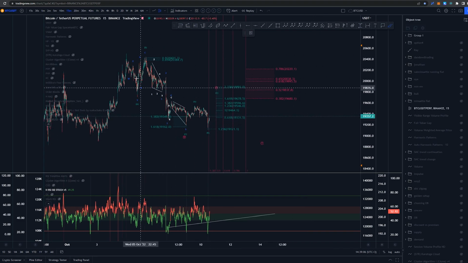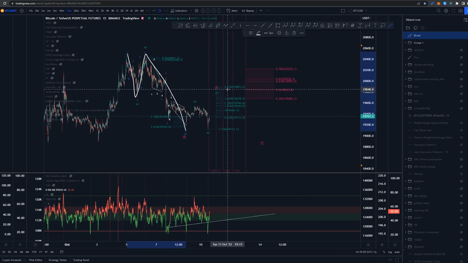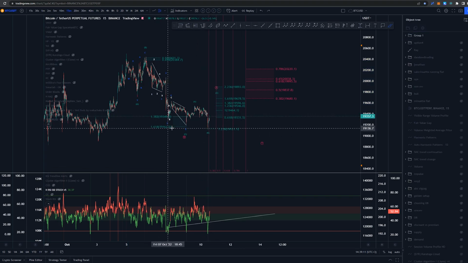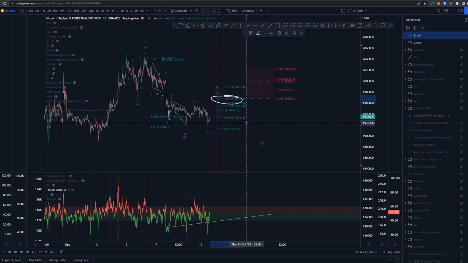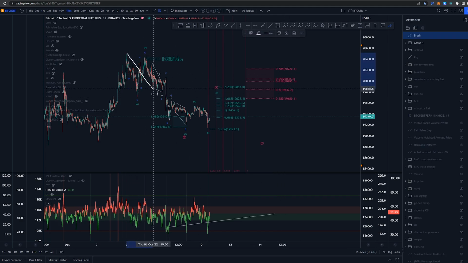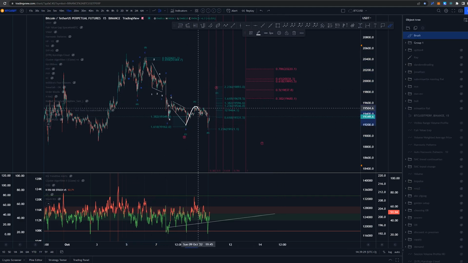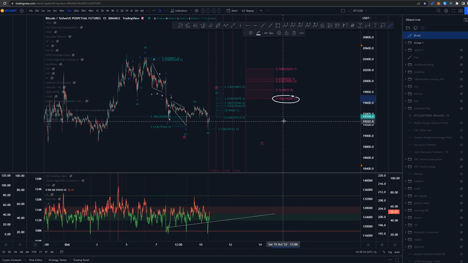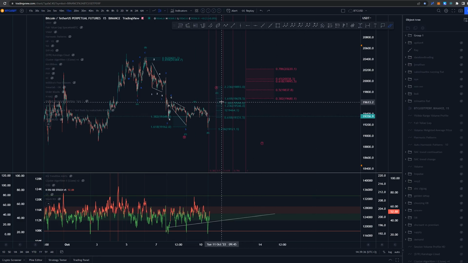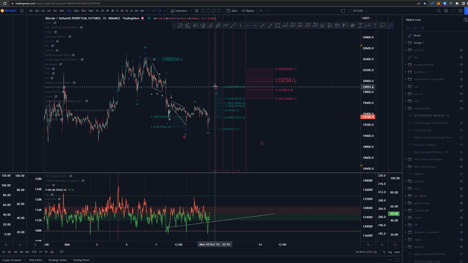Now, overall, if we are looking at this count, what is the higher time frame structure is ABC here, so that would be the starting structure basically here. Sure, it is almost getting to the 1.618, which makes it less likely that it would be an ABC, but for me it's still looking okay. This ABC again, I would expect us to get to the 1.618 because again, if we are looking at the higher time frame, this would be only the W wave. This 3-wave would be the X wave here, which we expect to go to the 32 at least. And time-wise, we have already used enough time for this to be a 3-wave on itself and complete the X